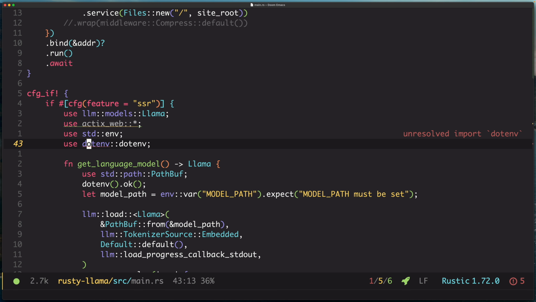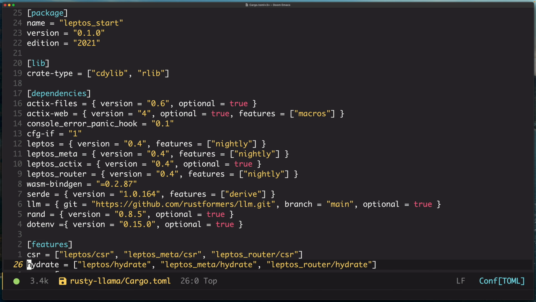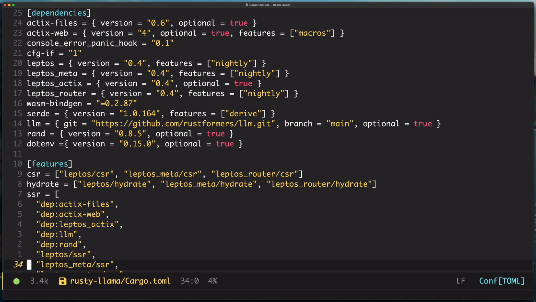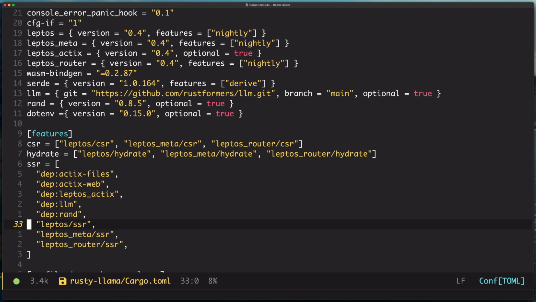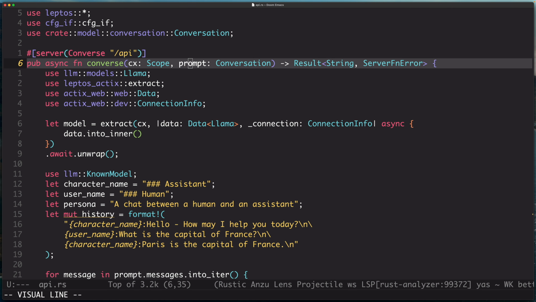We still need to add .env to the project. Paste it in there. Again, .env is optional because we only want it on the server side. Then we're going to add it to the list of features in the SSR feature, so dep:env. Now that we've loaded our model and we have this converse API implemented,